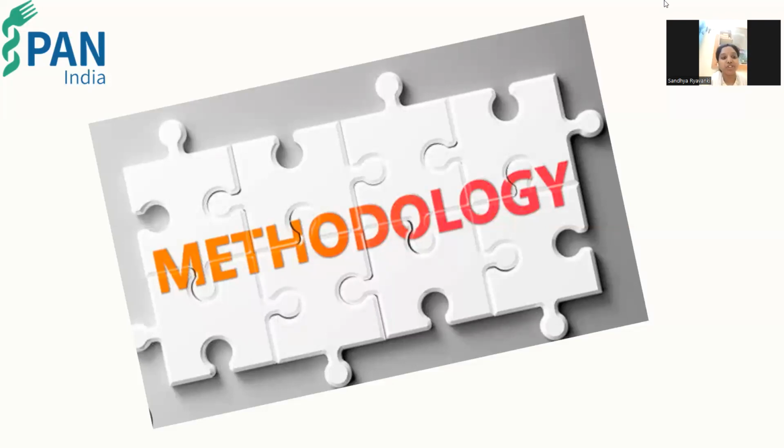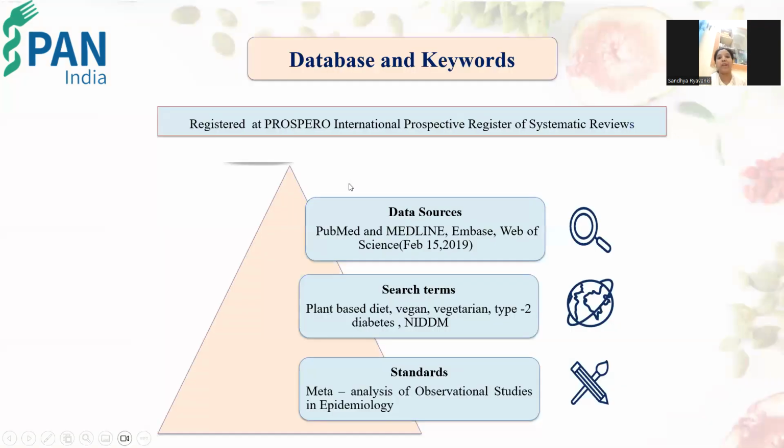And coming to the methodology of the study, the association of plant-based dietary pattern with type 2 diabetes. The study was registered in the Prospero International Prospective Register of Systematic Reviews, where the study was taken from 3 data sources, that is PubMed and Medline, Embase, and Web of Science, through 15th February 2019. And coming to the search terms,